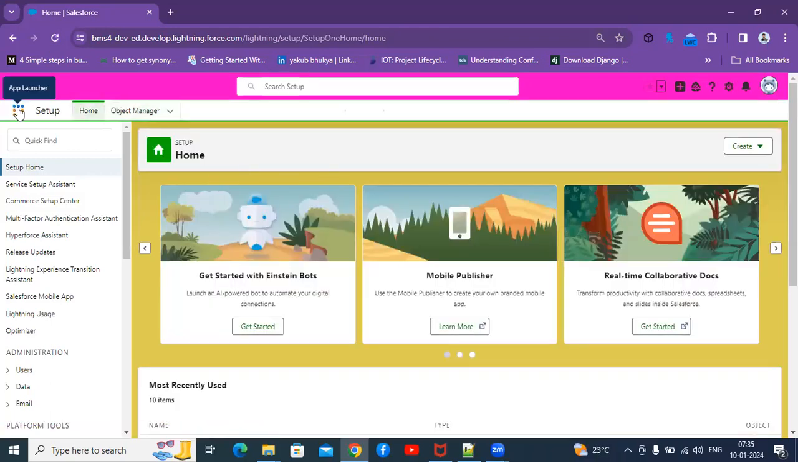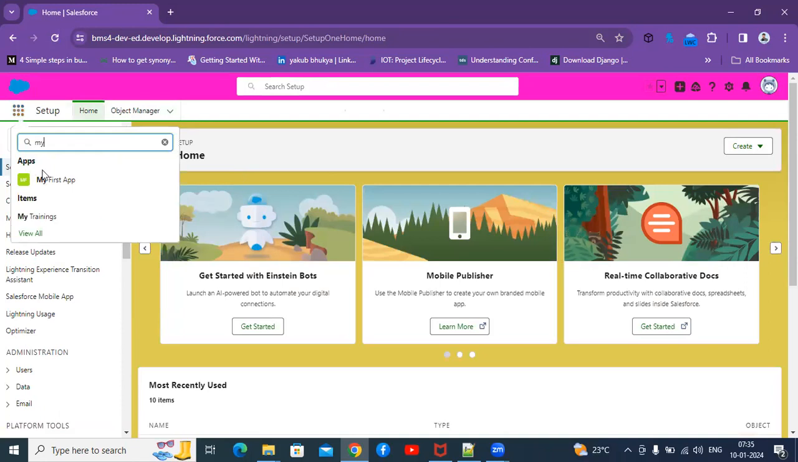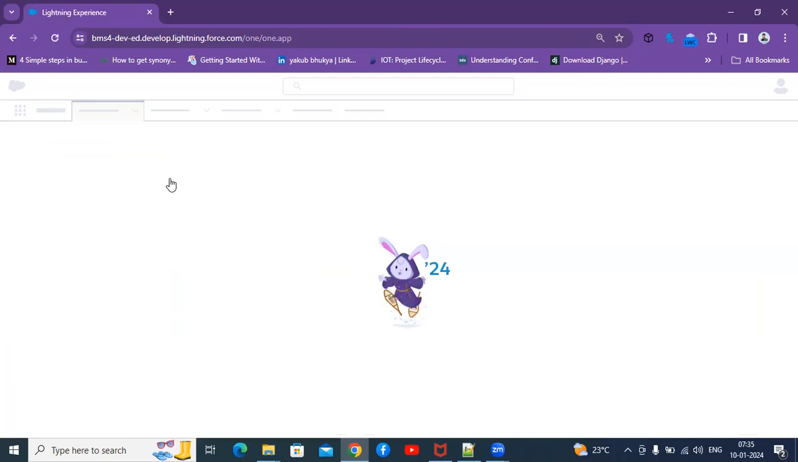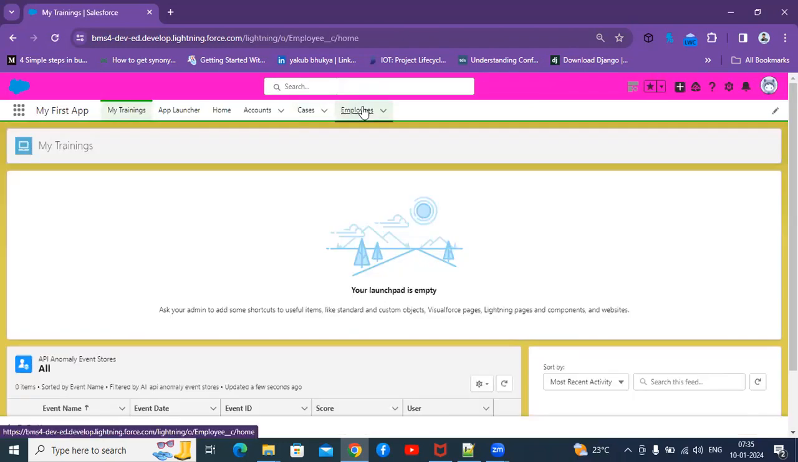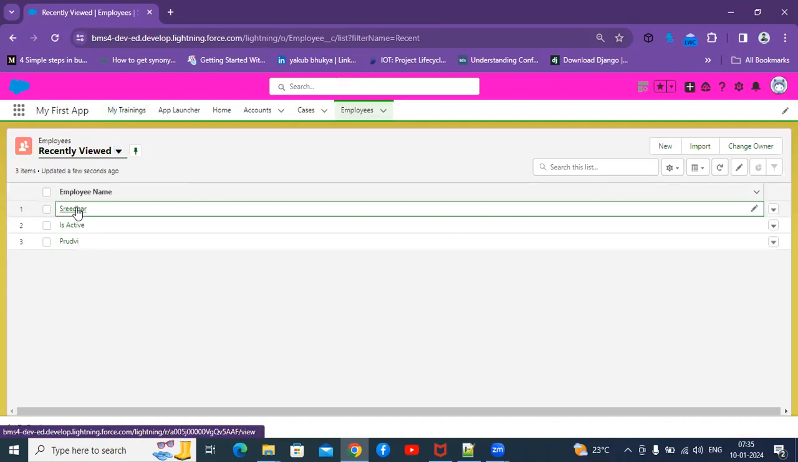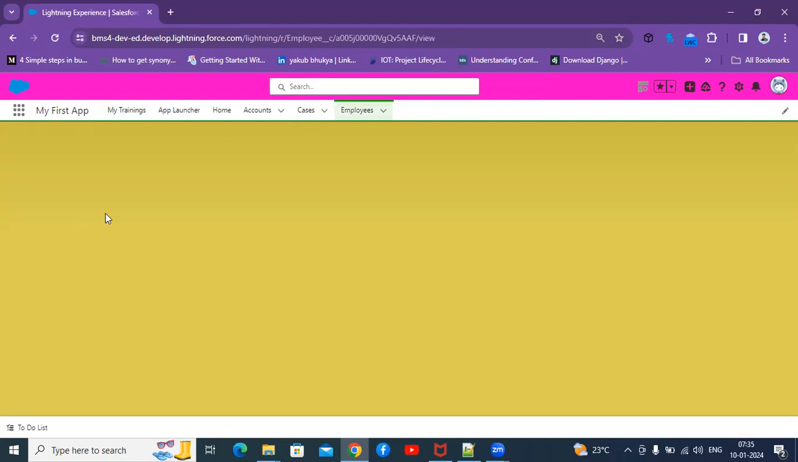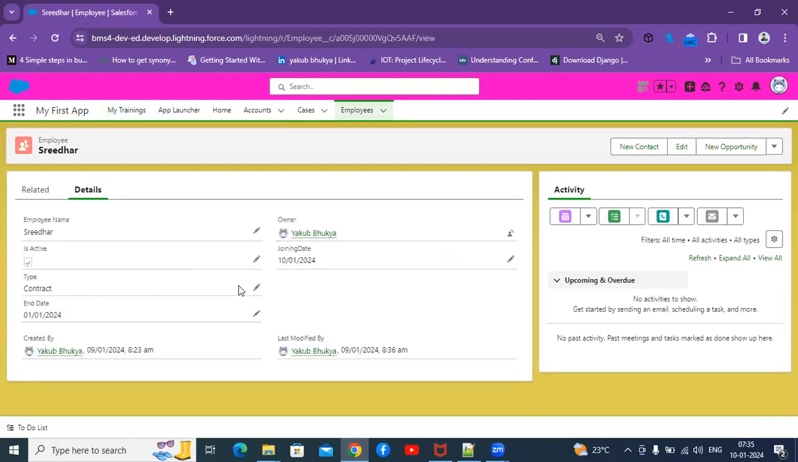So I don't want to navigate to this. We added this in only my apps. My first app, yeah, I'll navigate to my first app. I'll go to employees. So now it's employee name. I'm opening some record. It's giving complete details, whatever fields we created so far, we are able to